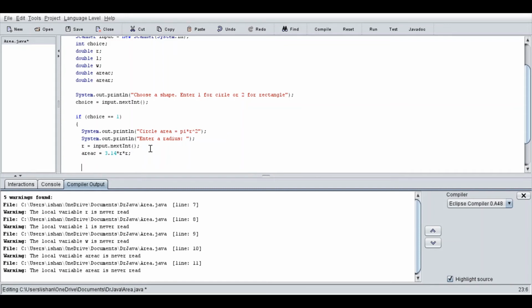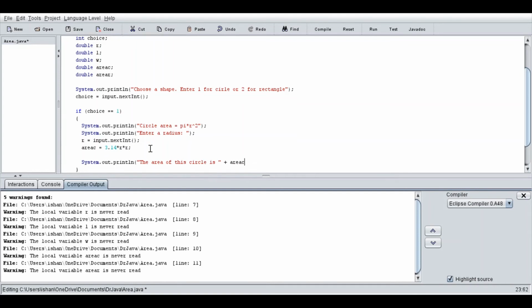Let's try outputting this. System.out.println("The area of the circle is " + areaC);